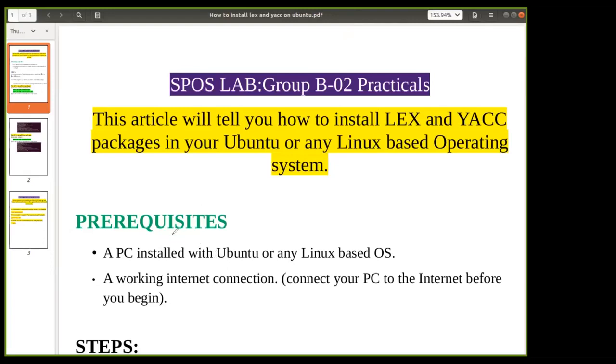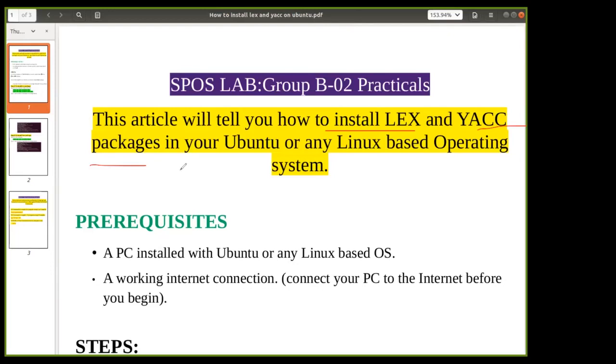because this is a new part for all of you. So in order to implement the practicals of group B, we need to install the Lex and the Yacc tools as a package, which is provided by the Unix operating system. As already discussed, using the Lex tool we can implement the lexical analyzer, and using Yacc we can implement the syntax analyzer, that is a parser.